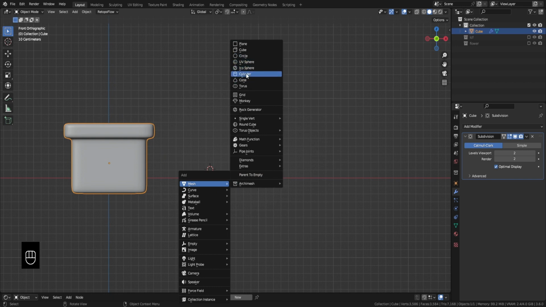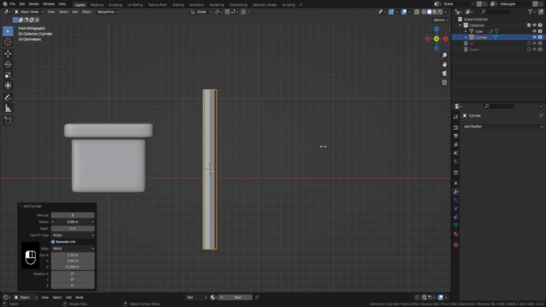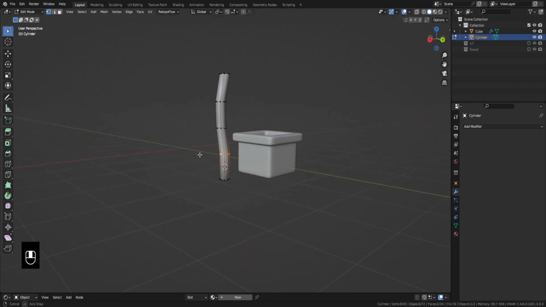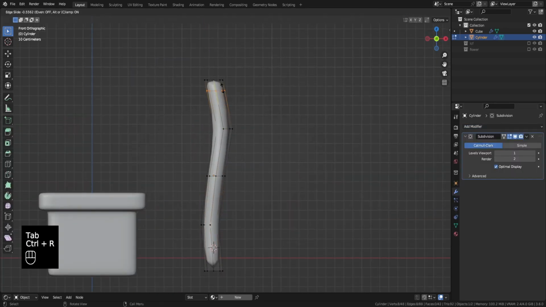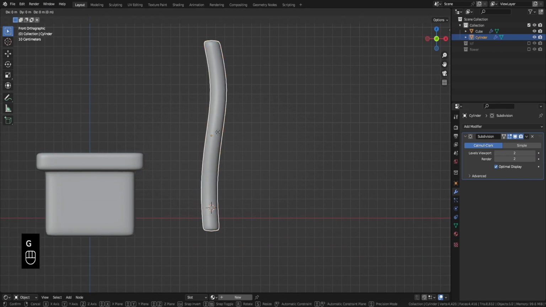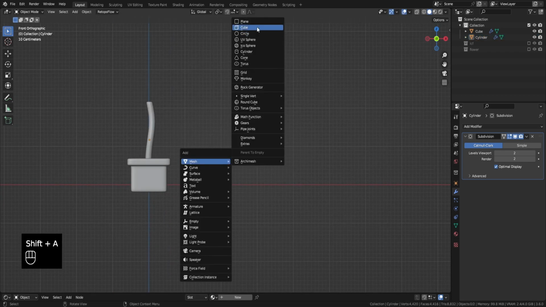So we will start with a cylinder and make 3 cut loops in this cylinder, and we just tweak them so it will look kind of like a stem. And now we will apply subdivision and solidify. Okay, now it's completed. Now we make it to the pot, and now we will make the leaves for the